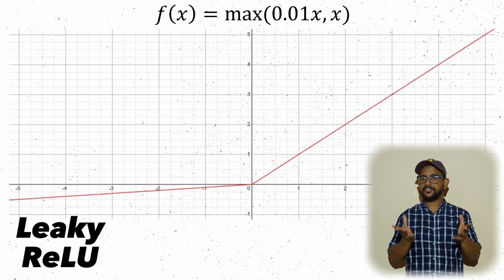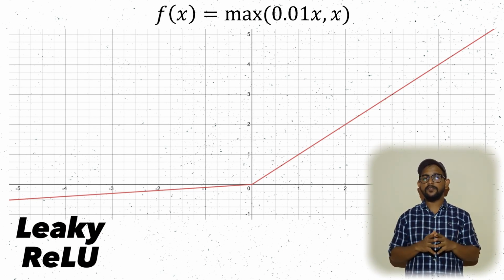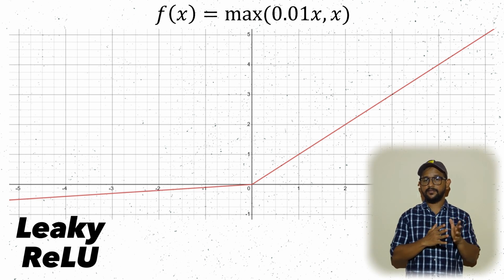Leaky ReLU is an improved version of ReLU function to solve the dying ReLU problem, as it has a small positive slope in the negative area. Leaky ReLU is commonly used in deep learning models, especially in CNNs. Mathematically, it can be represented as shown here. This is computationally efficient, similar to ReLU, and has a relatively simple implementation. But the choice of the slope of the negative part of the activation function is subjective and can affect the performance of the network.